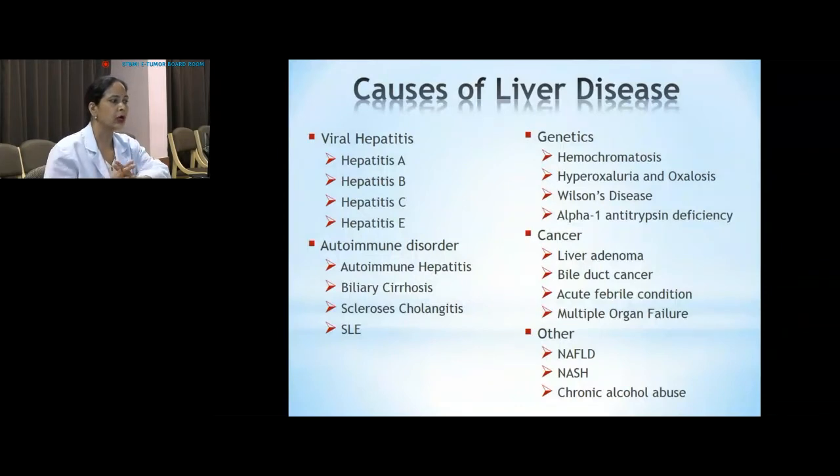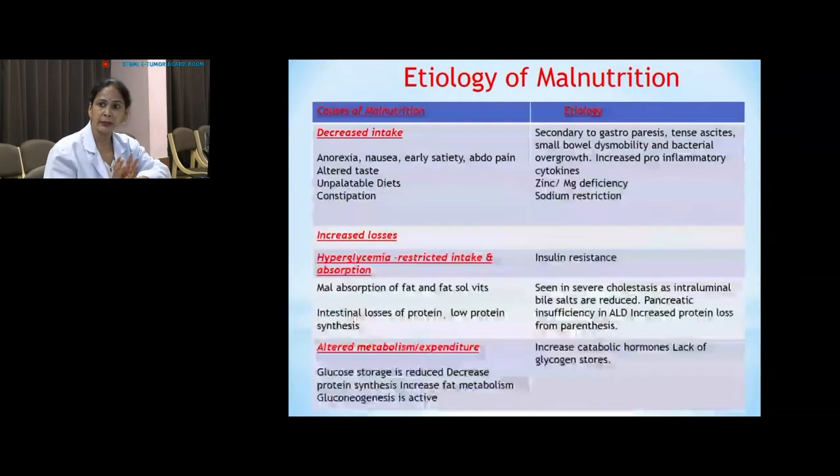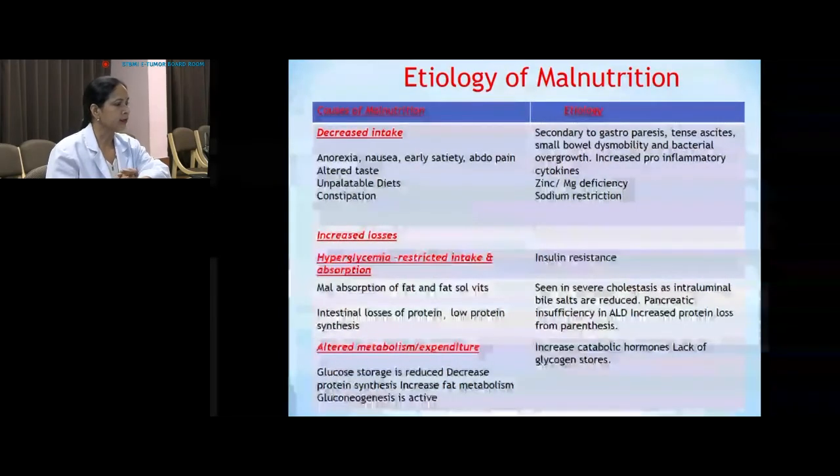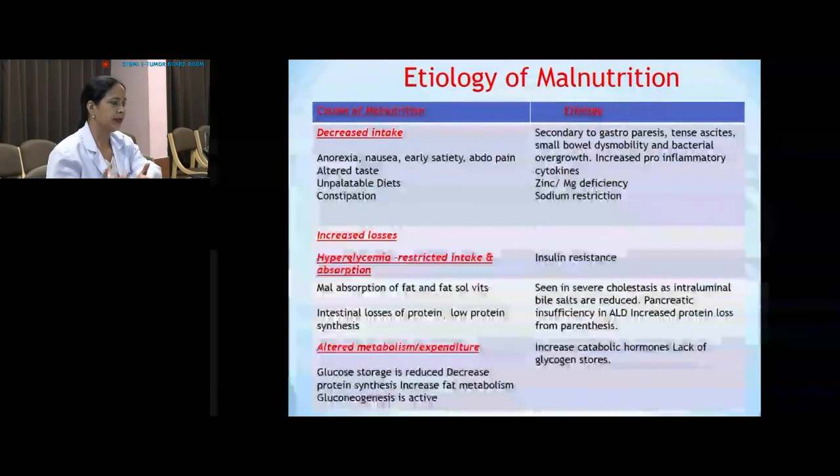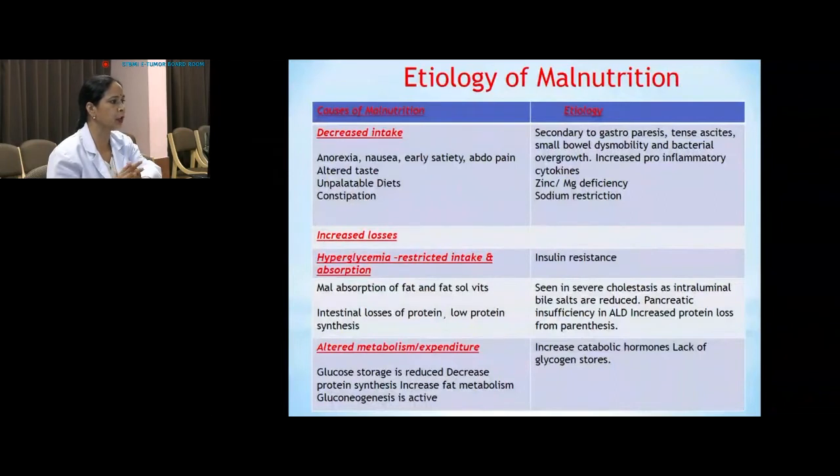Etiology of malnutrition. Why is this much, 65 to 100%, malnutrition prevalent in liver cirrhosis? Because of decreased intake. When someone is diagnosed with liver cirrhosis, there is anorexia, nausea, early satiety, abdominal pain due to ascites. Even with a very small amount of ascites, early satiety occurs because of the distended abdomen. There is altered taste, unpalatable diets, restrictions such as a low sodium diet, and self-imposed diet